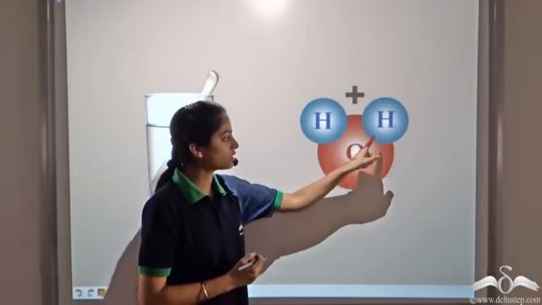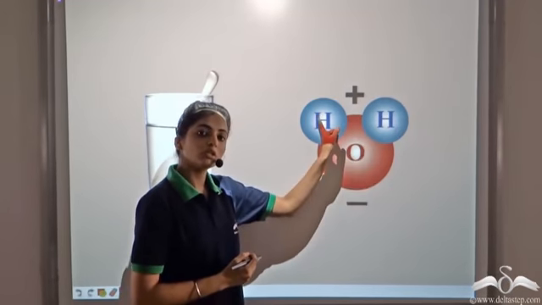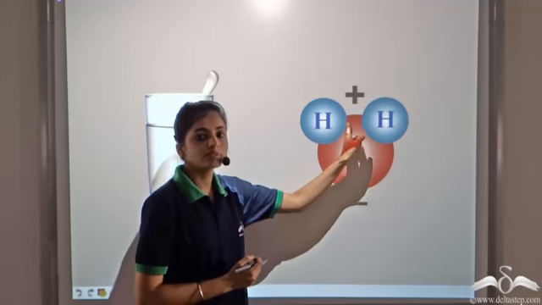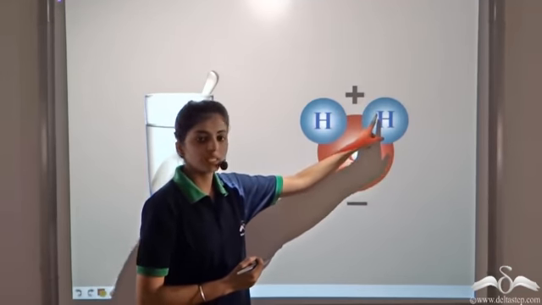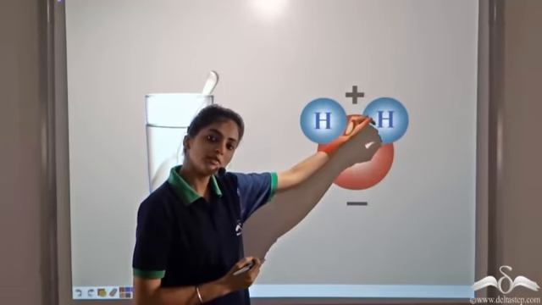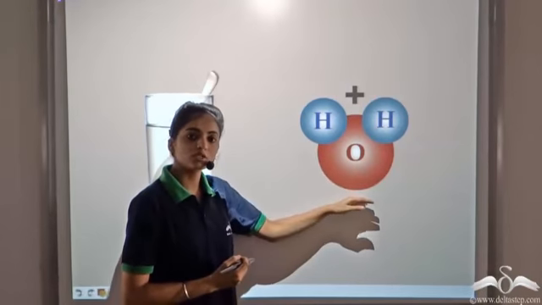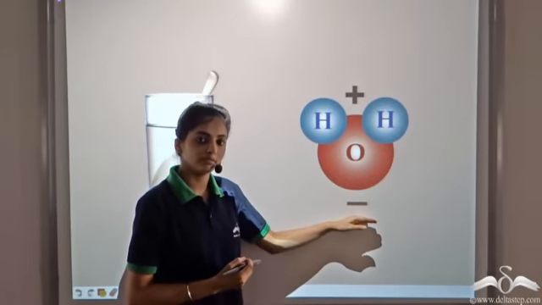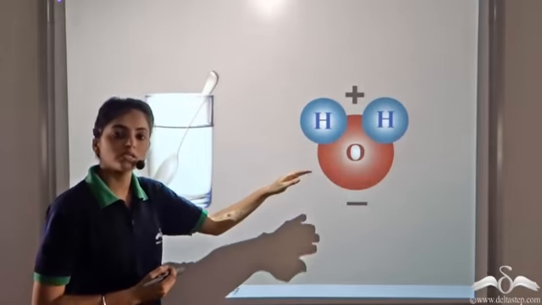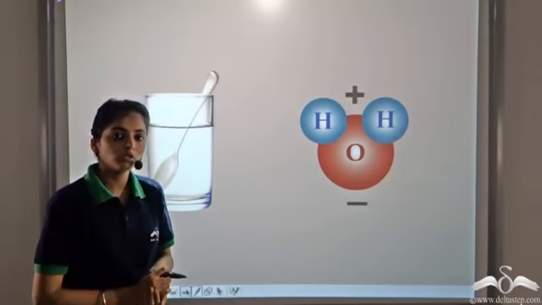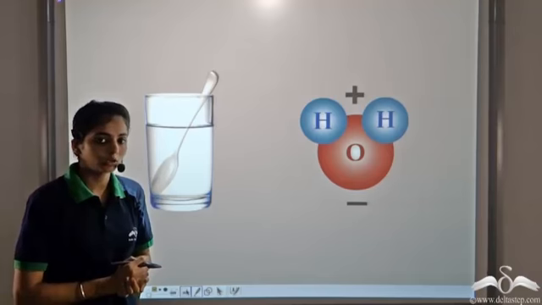As now the electrons are more towards oxygen, the two hydrogen atoms become slightly positive. So this end becomes slightly positive, and this end, that is the oxygen end, becomes slightly negative. So now there is charge separation in the water molecule. So when we dissolve anything in water,